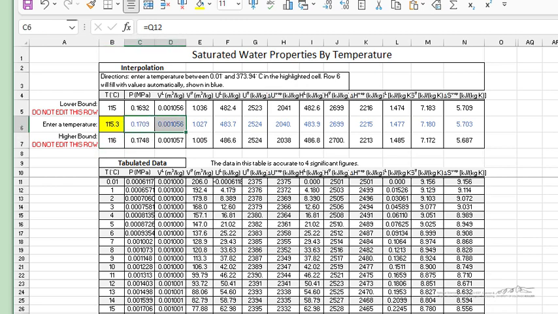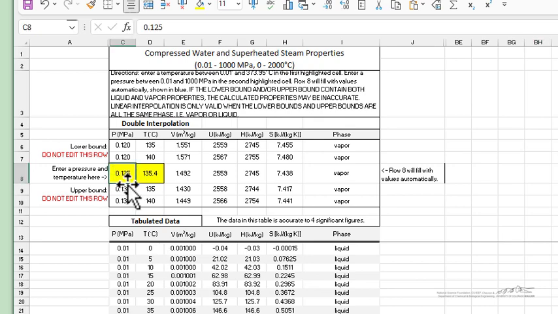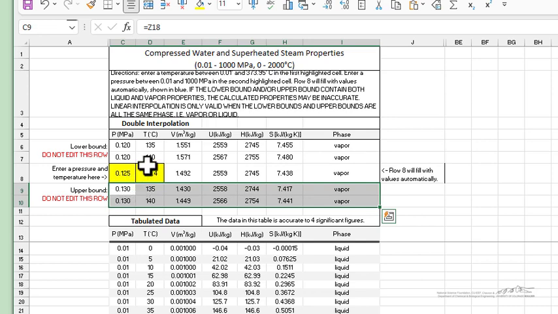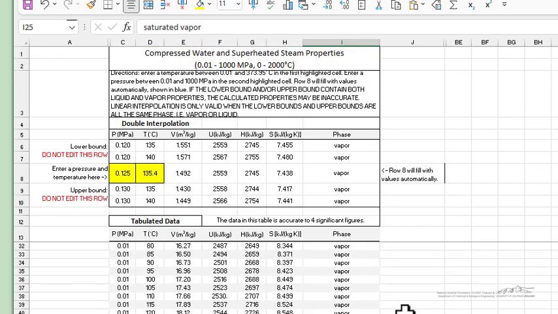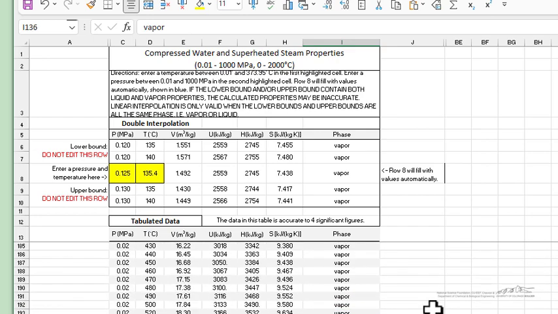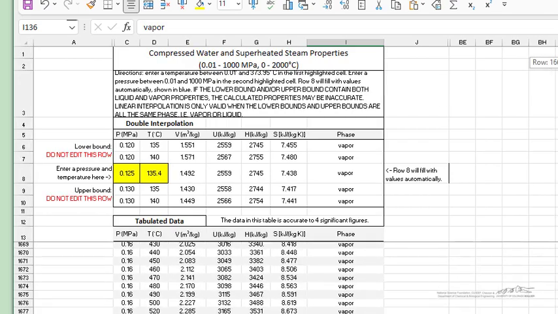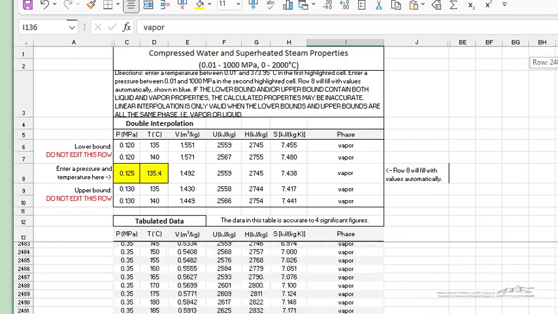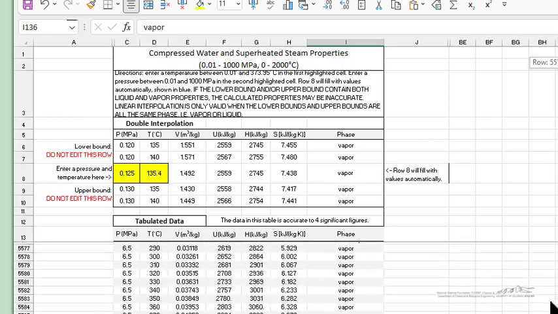Now if we go to the last worksheet, when it's done, enter the pressure 0.125 and the temperature 135.4. Now you'll notice there are 4 rows where it's looked up values, because that's doing double interpolation in this table. This table has liquid values, shows saturated here, but then it has superheated vapor, again saturated. And if we scan down, it's a very extensive fine-grained table, but if I go far enough,